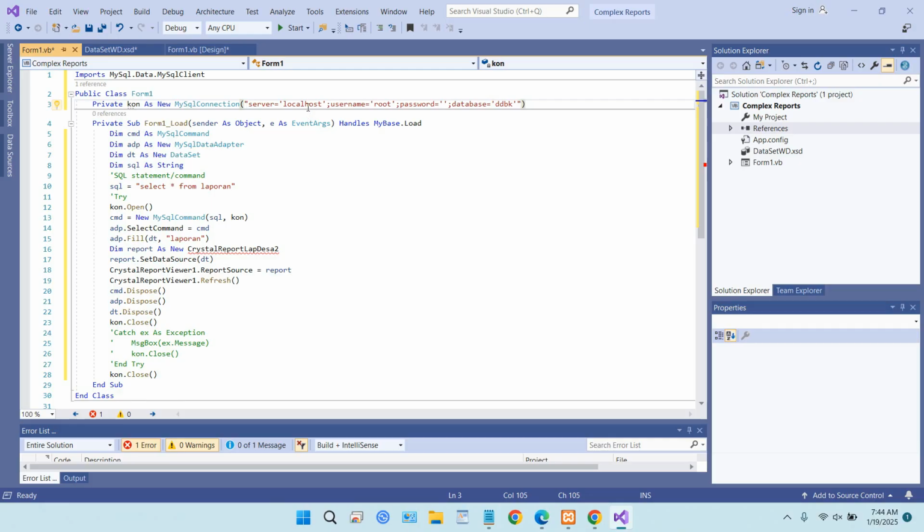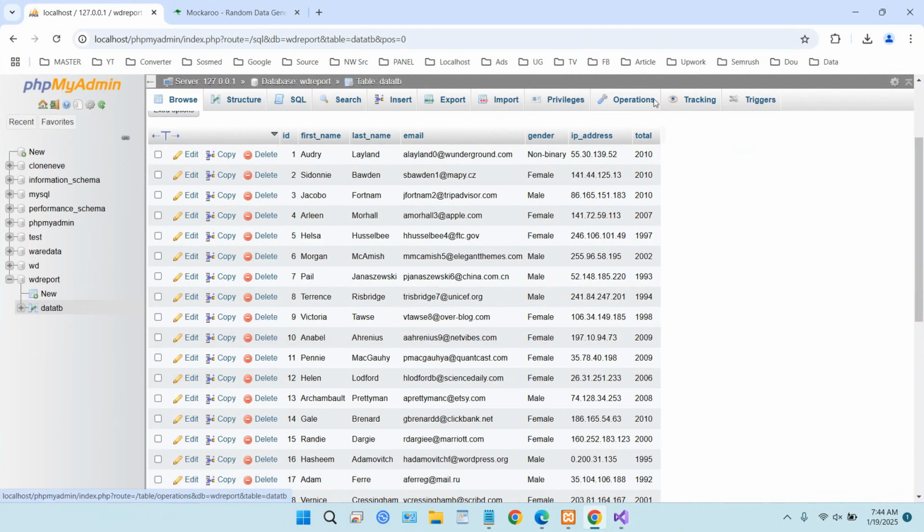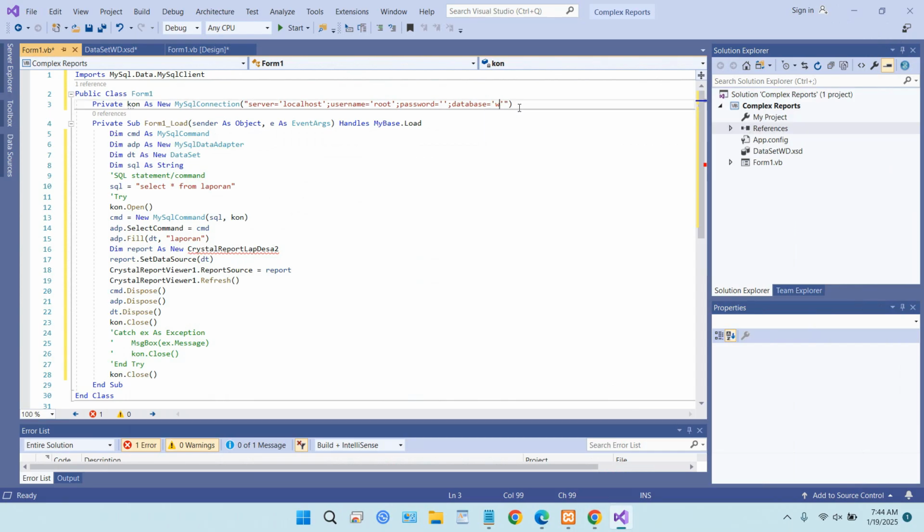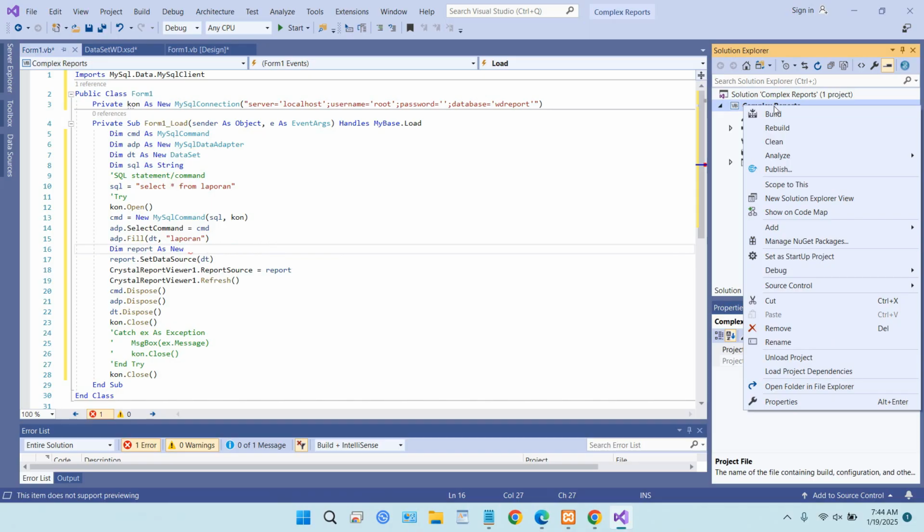Now make sure your server is right, username is root, password is blank, and the database name is not this one, because we already created it as WD report here. WD report. Now this is your crystal report name. Don't confuse it with this. We can just select here your report and add